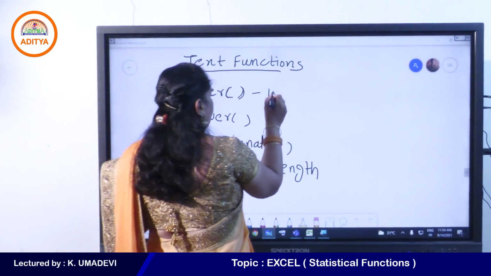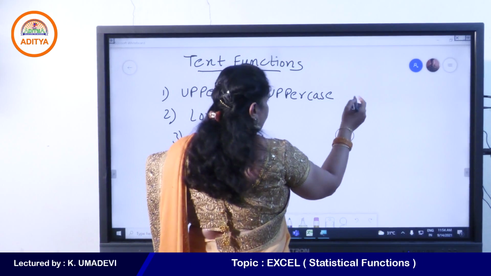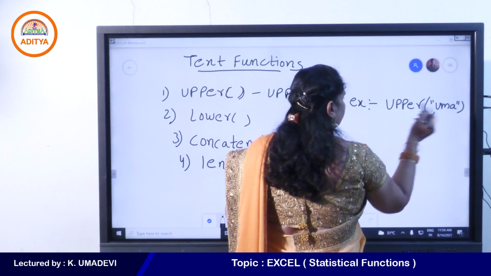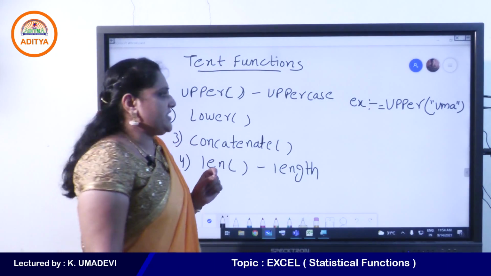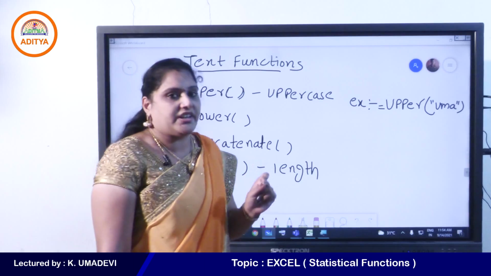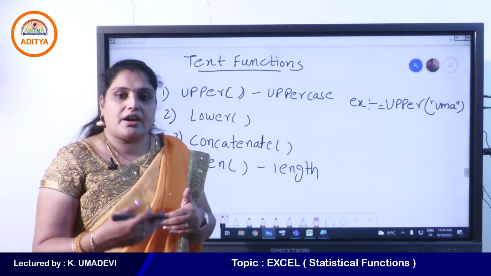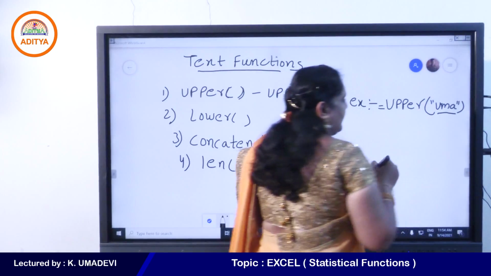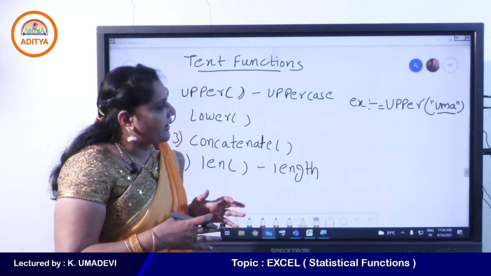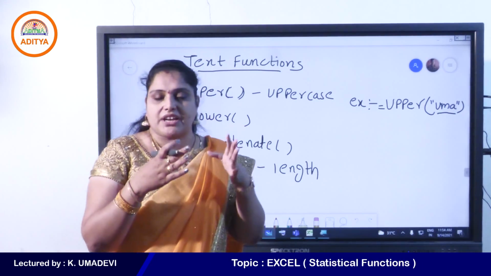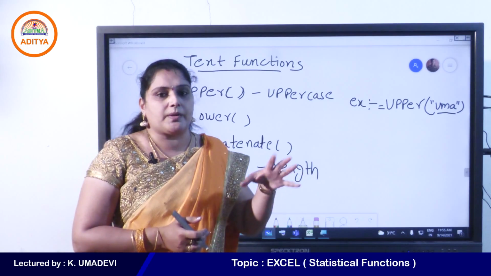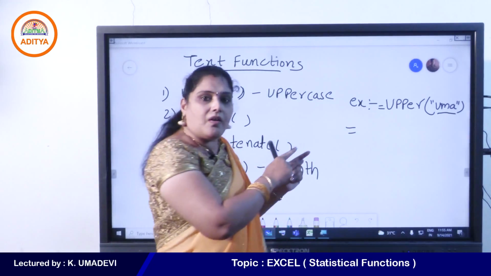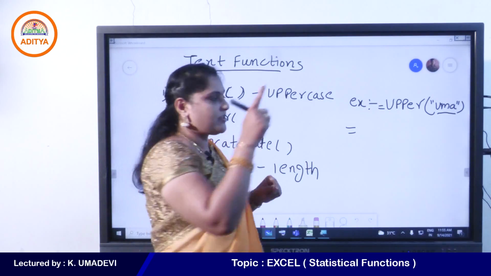So the first one is upper. Upper means uppercase. For example, this is an example of the upper function. Upper of string, the string must be enclosed within double quotes, or else you can enter the cell reference that contains string data. Now I'll enter Uma, which I have written in lowercase letters. The upper function is used to convert all the characters from lowercase to uppercase. If the string is in lowercase, then it converts all the characters to uppercase. Now the result is,